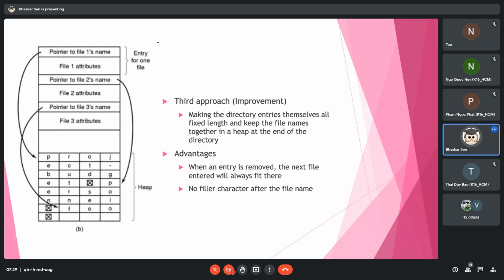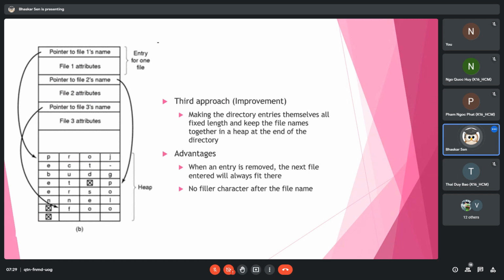We are basically adding layers of indirection. The layers of indirection that we are adding right here, and this is exactly what you are looking at. So what we do, for each file that we store inside the directory, we just store the attribute